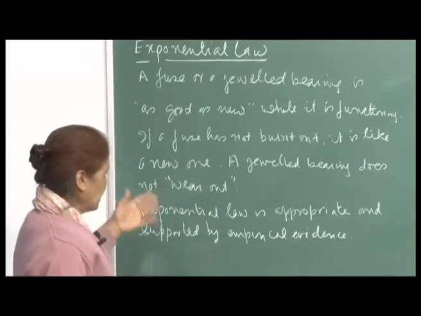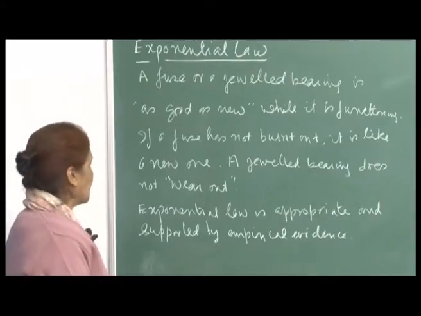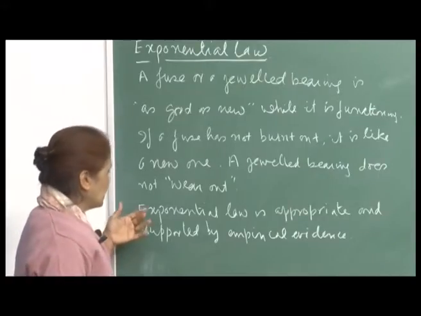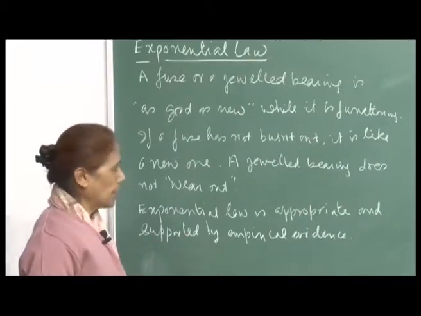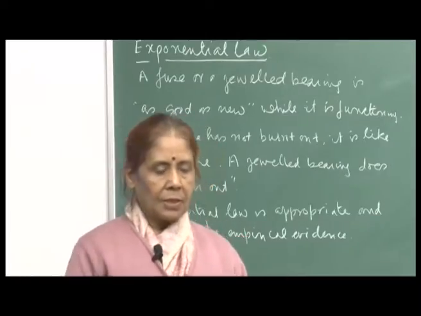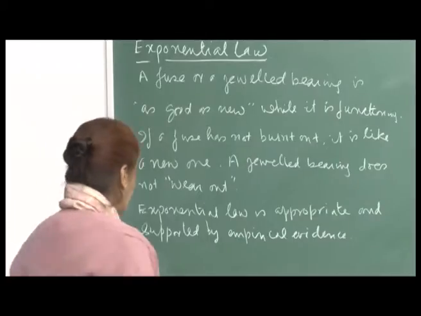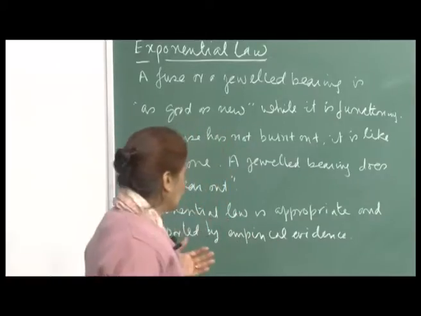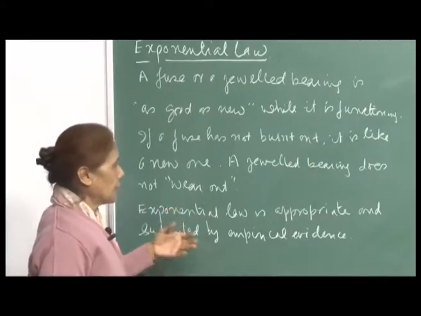Okay. So, again and again I am trying to give you examples of components for which, and therefore, for such components the exponential law is appropriate and is supported by empirical evidence. That means, when you have collected data for such components, how long it takes for them to fail and so on, and then fit the curve to the data, it turns out that the exponential law is an appropriate one for such components.